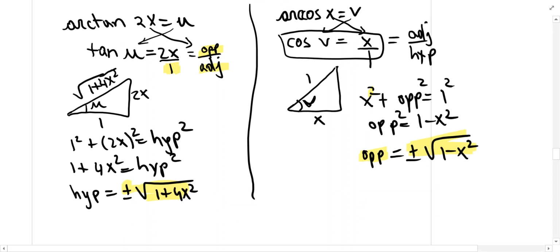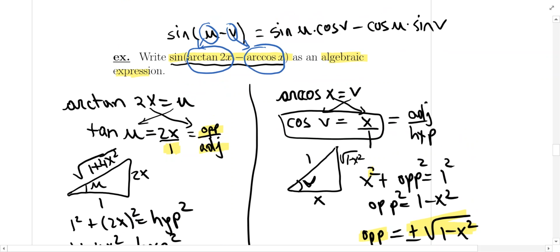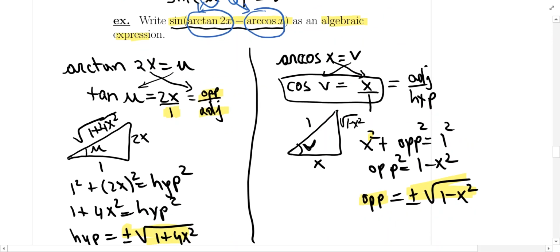Yeah, we're going to pick the positive one. Okay, so we'll have 1 minus x squared. All right, well, why did we do all of this? Okay, let's go back to our goal. Our goal is to write this expression